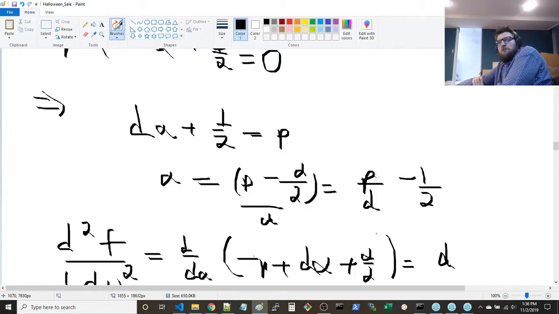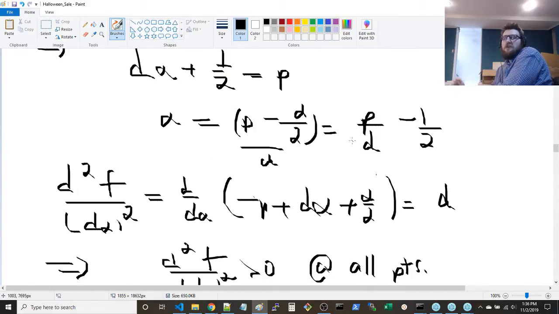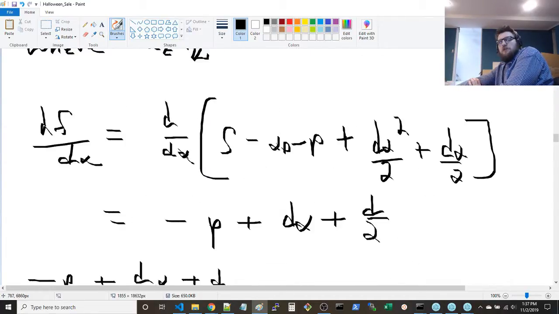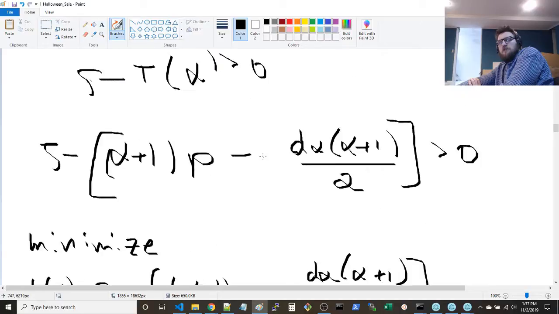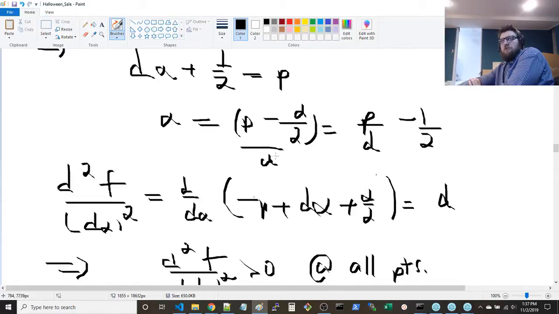Now, there's a small caveat here though. Do we take the floor or the ceiling of P over D minus a half? And we don't know. See, that's a tricky thing. Could be the ceiling, could be the floor. You want to take the minimum of